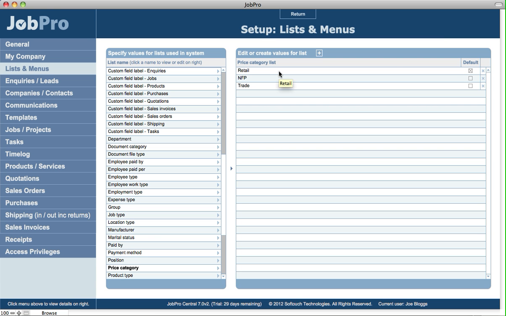Previously, in older versions of JobPro, there was just pricing A, B, and C. Now you can enter in anything you like in here, and you'll set one of the price categories to be the default. Now what that means is that every time you create a new product or service, it auto enters that price category on the product, and you can also add additional price categories for products as well. So if we click on Return,